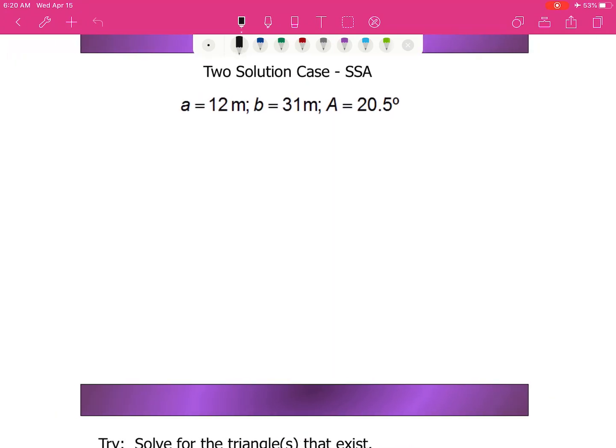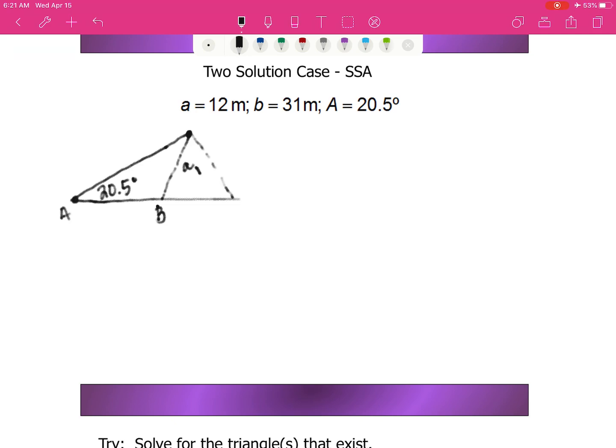So here's a try of the two solution case. In the two solution case right here, you've got an angle A, which is 20.5 degrees. I'll draw a picture and then I'm going to actually just provide the answers. And in this two solution case, you found that you could have side A swinging in,